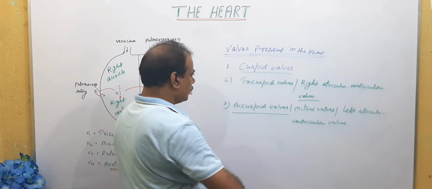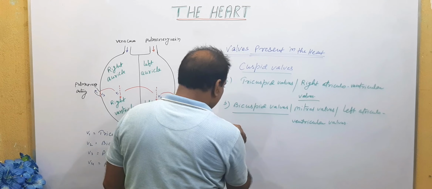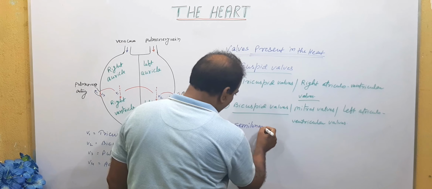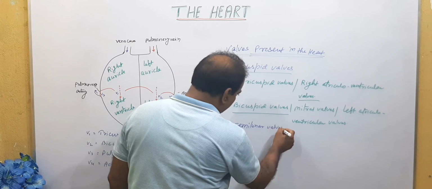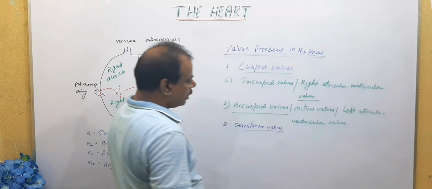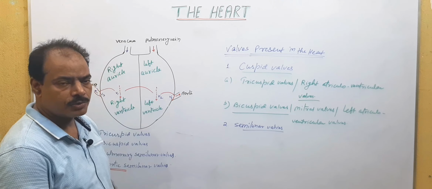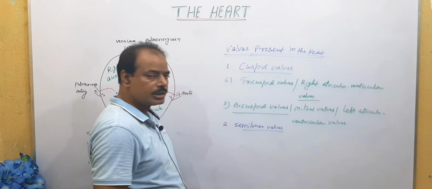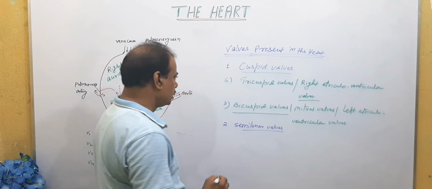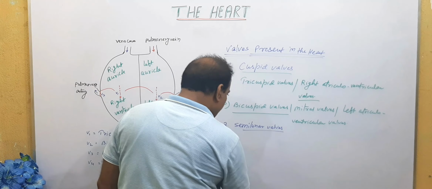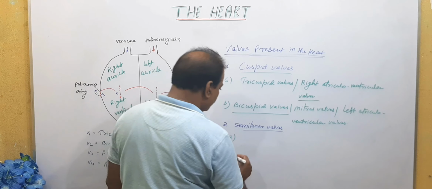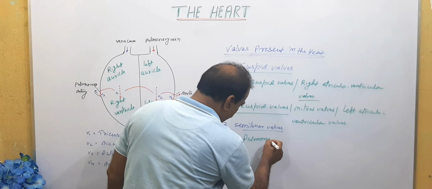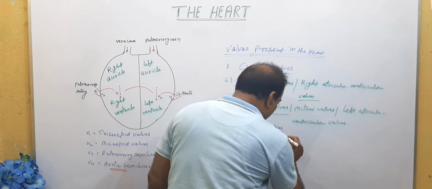Now the second type of valves, which are known as semilunar valves. These are half moon-like, crescent moon-like valves. You can also say these are pocket-shaped valves. Again, there are two types of semilunar valves. These are pulmonary semilunar valves